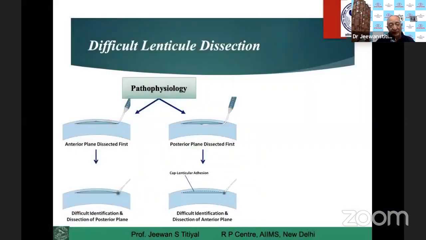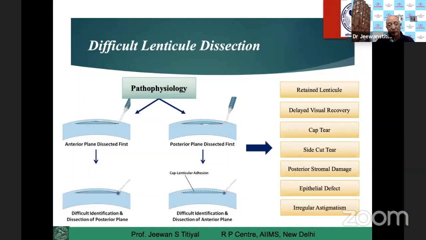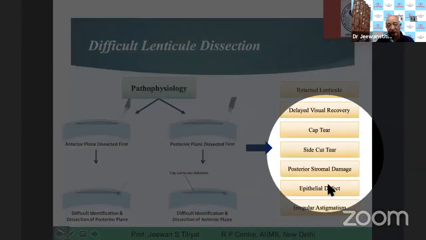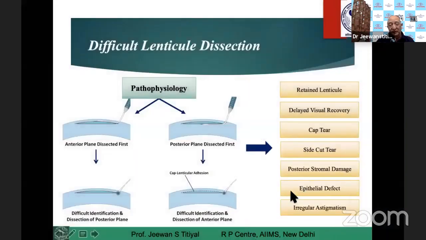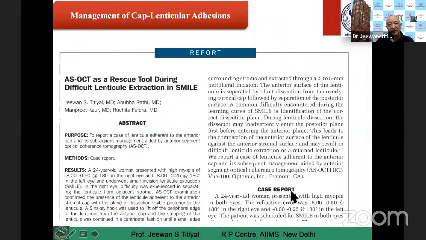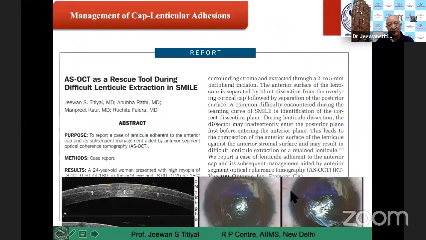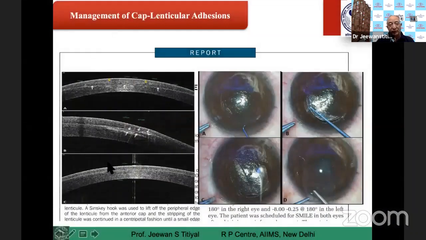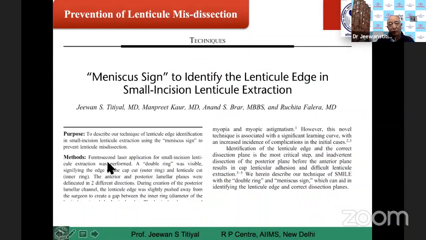We know that the lenticule thickness is never big, it's just a few microns, so you have to understand that. If you do not dissect the anterior and posterior planes correctly, you have all these complications, and that can create a poor outcome in these patients. But the majority of the time you can identify them. In a difficult situation, you can do an anterior segment OCT immediately and see where your flaps are, or orient yourself during the surgery.